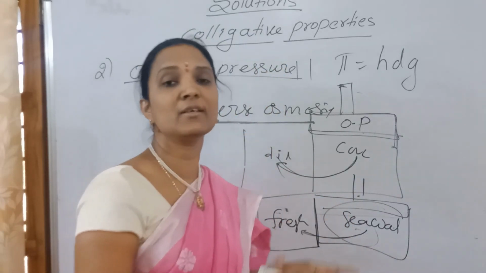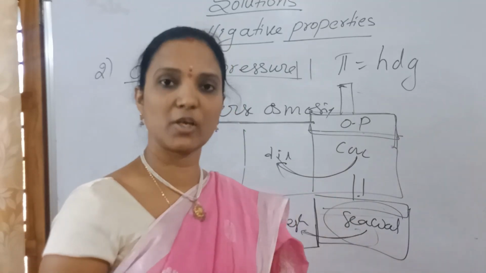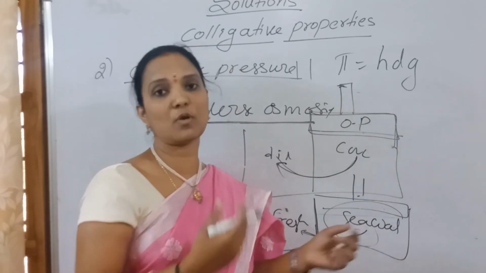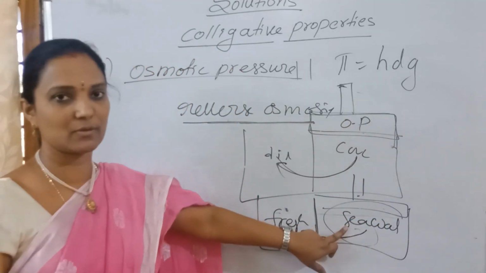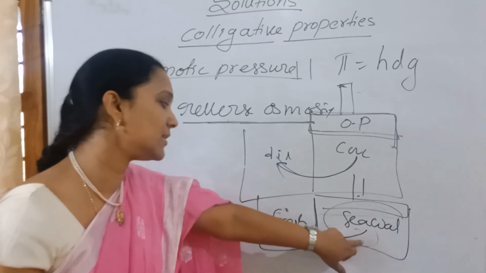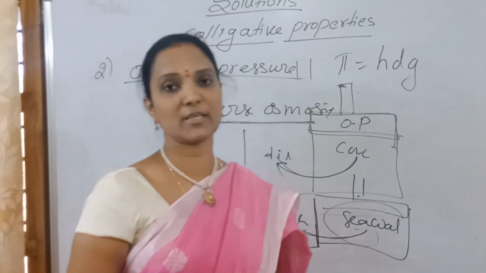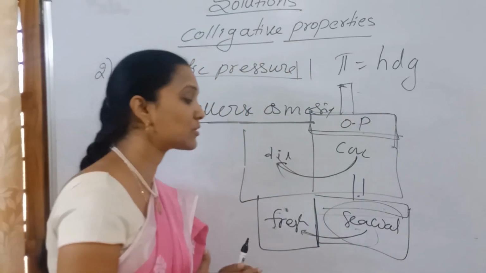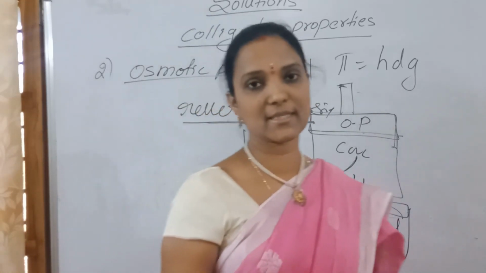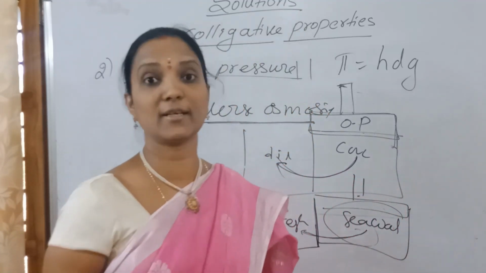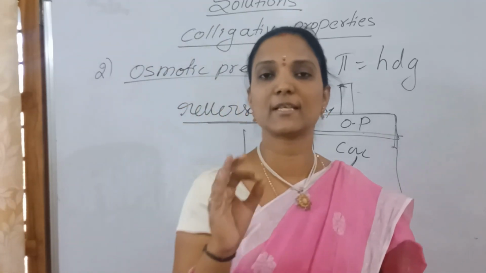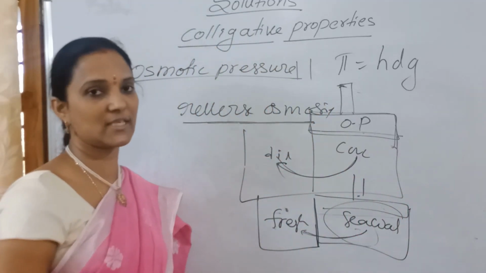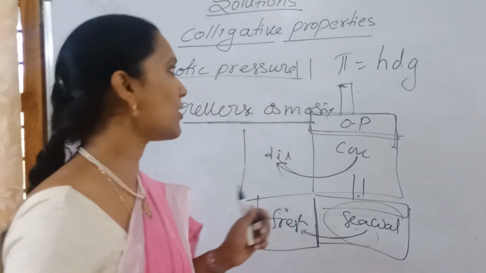Nothing but what we are removing? All salts. Desalination of seawater. But we are not removing the salts as such; we are bringing out that water by reverse osmosis. If excess pressure is applied, more than the osmotic pressure, then what happens? Reverse osmosis. So what is the application of reverse osmosis? Desalination of seawater. This is a very important one. That is the application of reverse osmosis, not osmosis. This is reverse osmosis, osmotic pressure.